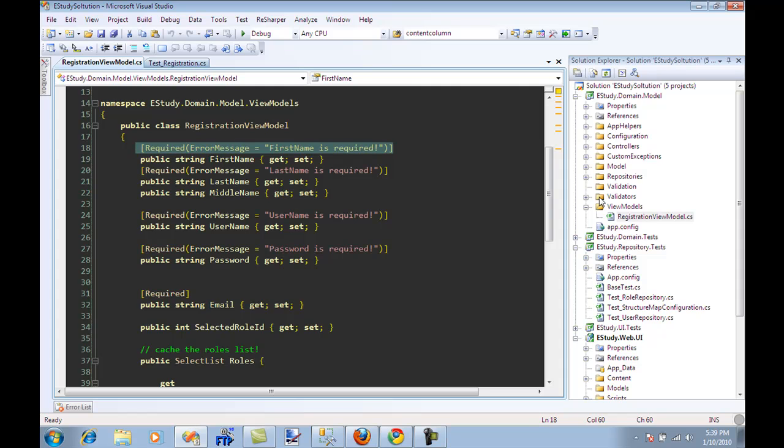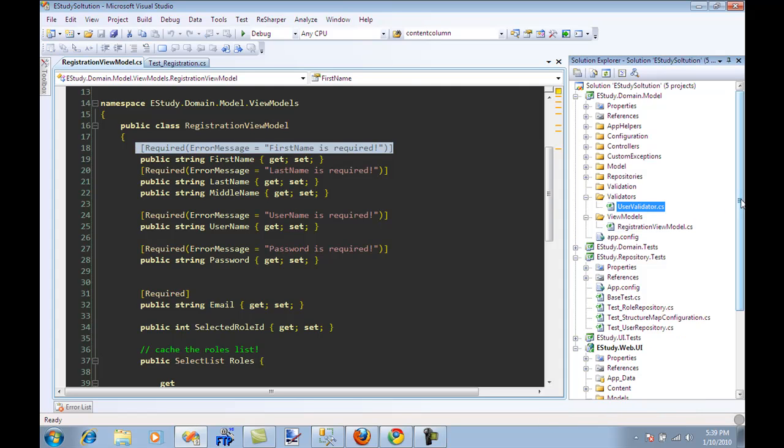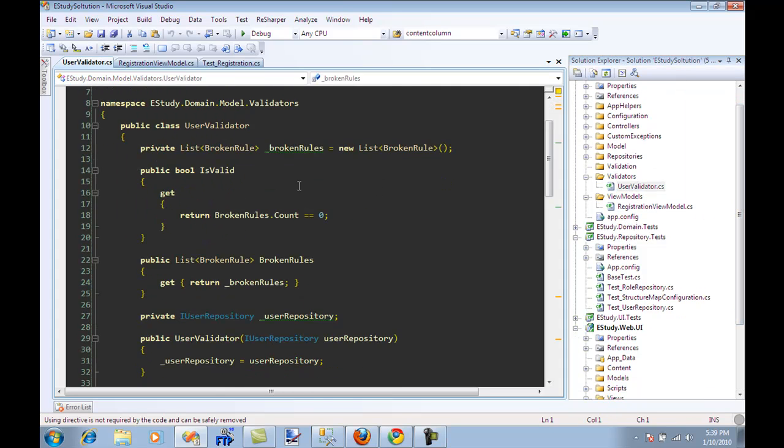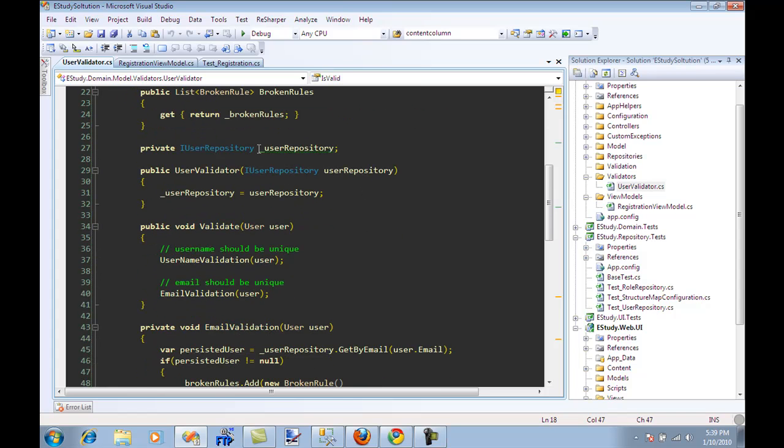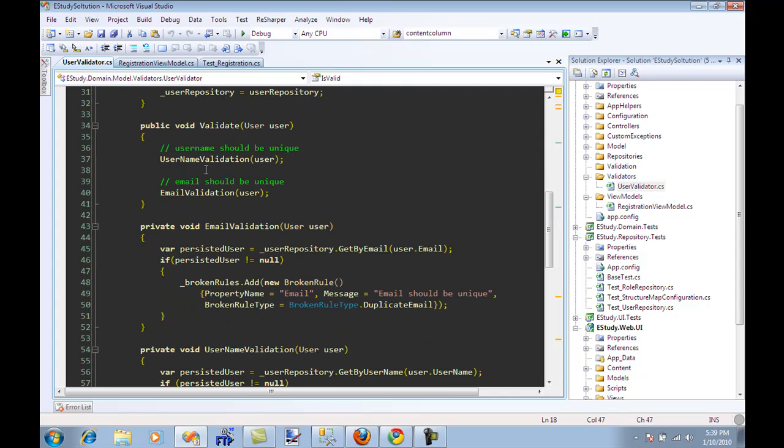Okay, for that I've created a validator. So we have a user validator. It has a broken rules list or collection, and it is only valid when there are no broken rules, and it has access to the repository, so it can go to the database and fetch different things when needed. Over here, I know you might be wondering that this doesn't look very good,